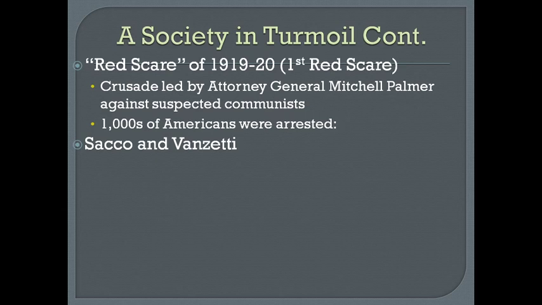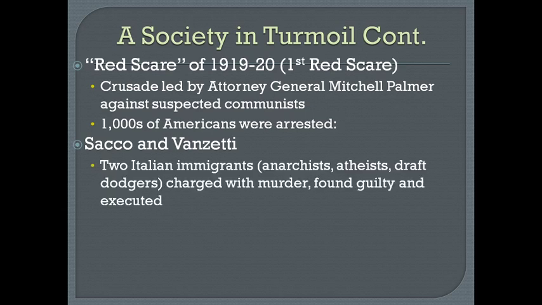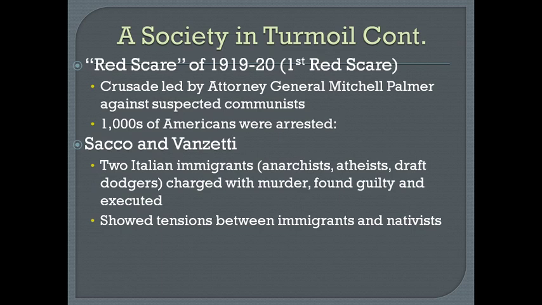Then we have the infamous case of Sacco and Vanzetti. Sacco and Vanzetti were two Italian immigrants who were anarchists, atheists, draft dodgers, which is definitely an unpopular combination, but they were charged with murder and found guilty and were executed. Now, there's definitely controversy that stems from this case, and people argue whether these guys were actually guilty of their crimes or their convictions were just a result of nativism. And so, yeah, this definitely showed tensions between immigrants and nativists and showed this anti-immigrant